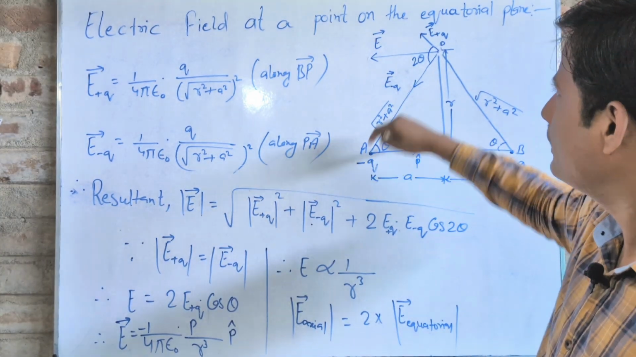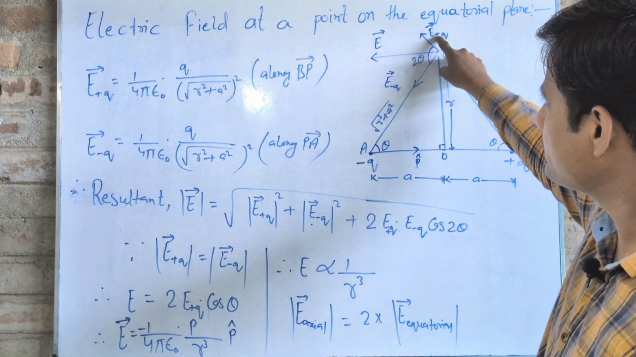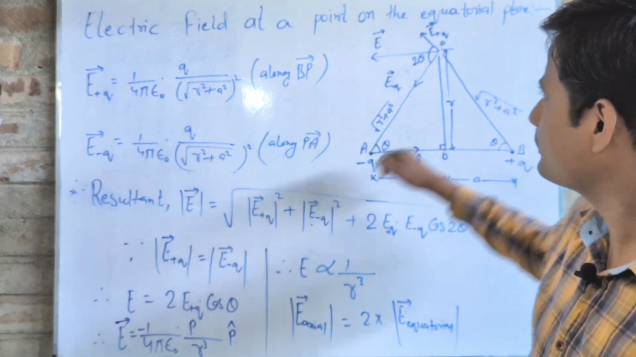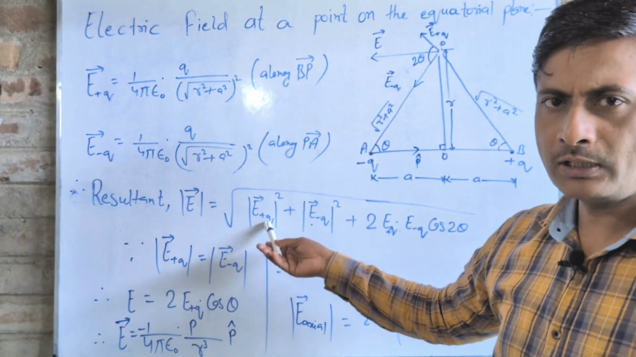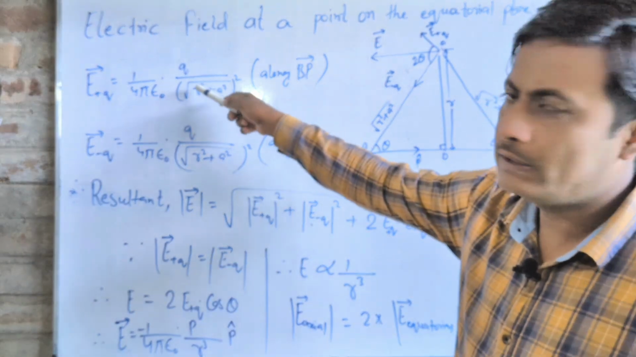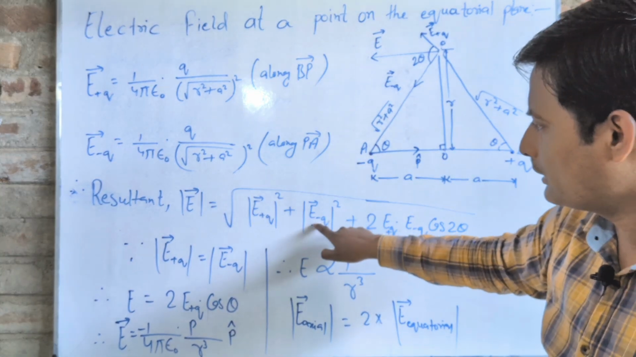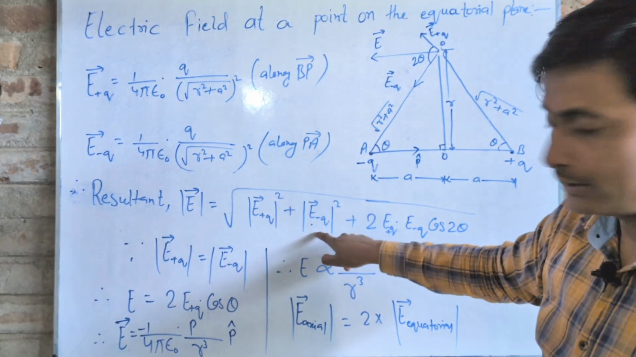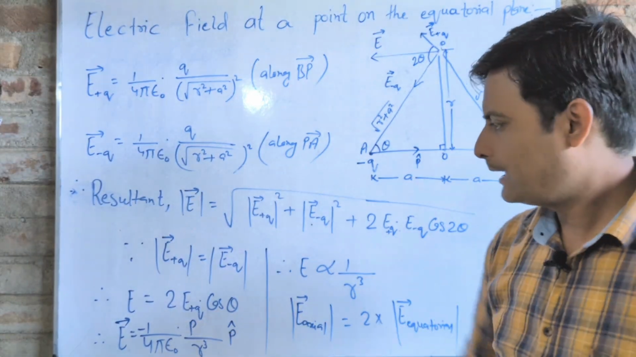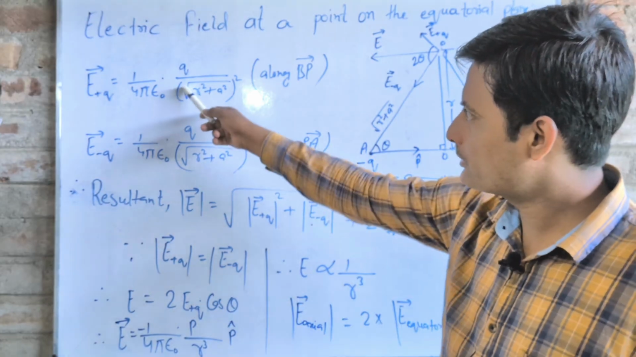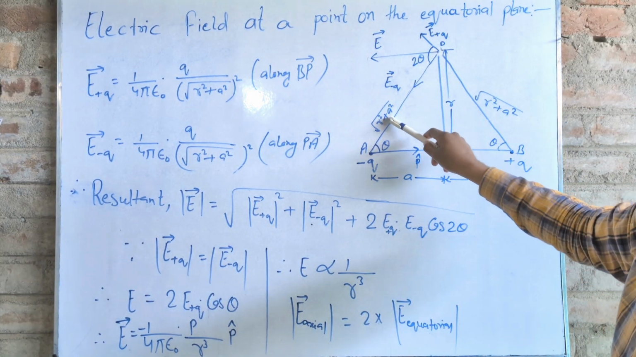Here we see that there are two electric fields acting on point P, and the angle between E plus q and E minus q is 2 theta. The resultant of E plus q and E minus q can be calculated using this formula. Since the magnitudes of E plus q and E minus q are the same, if we replace the E minus q magnitude with the E plus q magnitude, the formula becomes 2 E plus q cos theta. If we finally put in the value of E plus q, and cos theta is equal to a by root under r square plus a square,